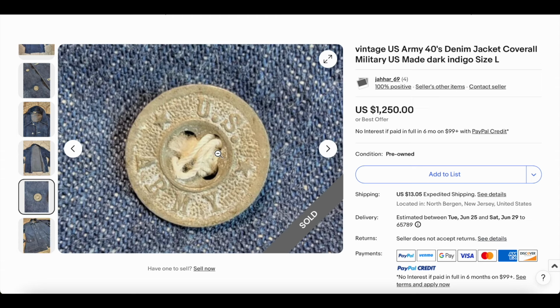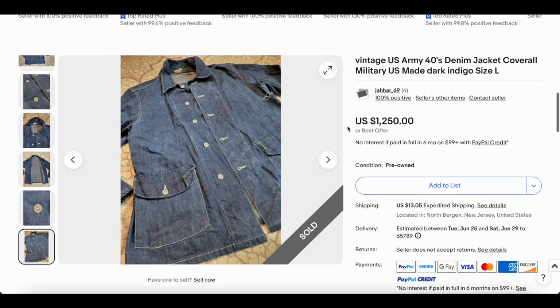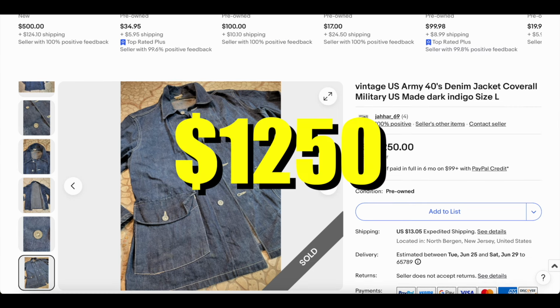U.S. Army buttons, those are really cool. I don't know if these are World War II era. I would assume that they're not. They're actually post-World War II or before, because I imagine if it were actually World War II, these would be quite a bit more expensive. More valuable, but this jacket here did sell for